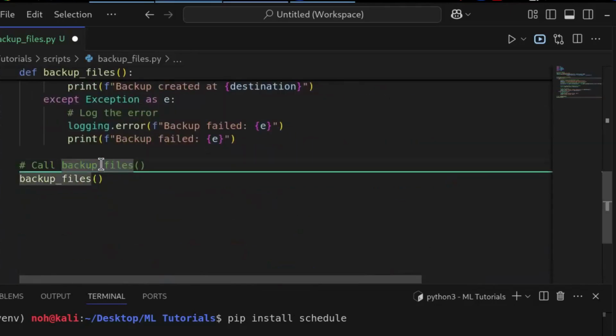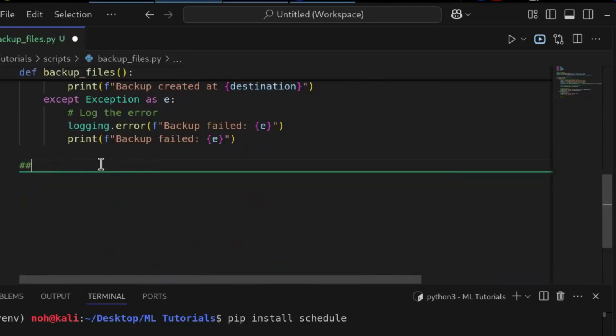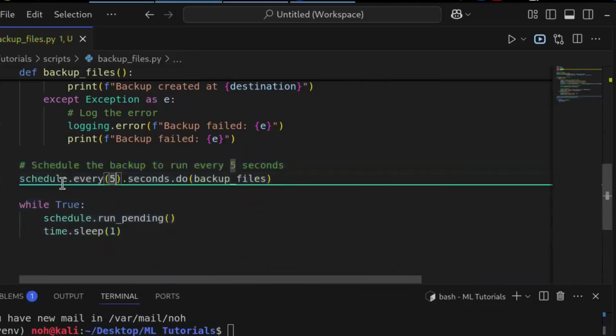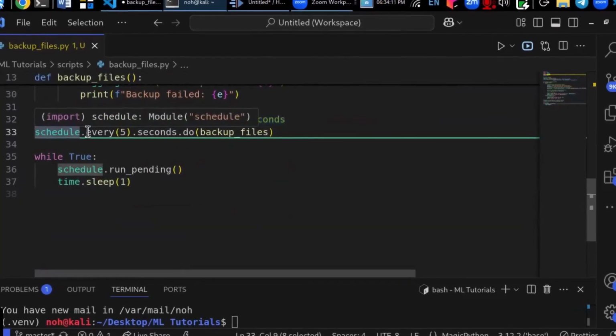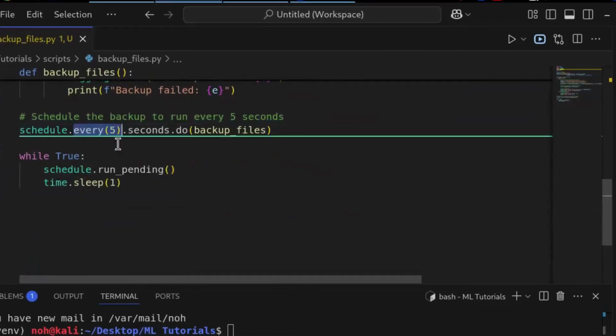Now let's schedule the backup files function to run automatically every 5 seconds using the schedule library. Actually, you can run every day at 2 a.m. or you can run automatically every 5 seconds. Schedule the backup files to run every 5 seconds. Yeah, you can use schedule dot every function.